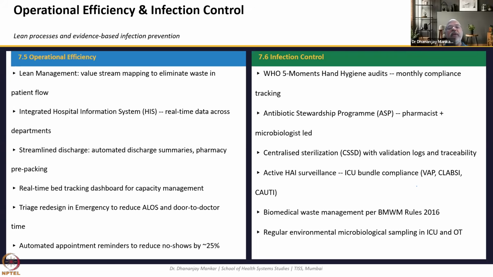Infection control, as I've already stated, working more on hand hygiene, antimicrobial stewardship, rational use of antibiotics, CSSD, with reasons that your CSSD should also come into the quality lens, HAI with reduction in hospital acquired infection, all those from VAP to your CAUTI, and even central line associated infection. Biomedical waste rules, and very important that you need to segregate, you need to have more training, you need to have signages, you need to understand proper waste segregation, and training protocols need to be followed from all levels of employees.